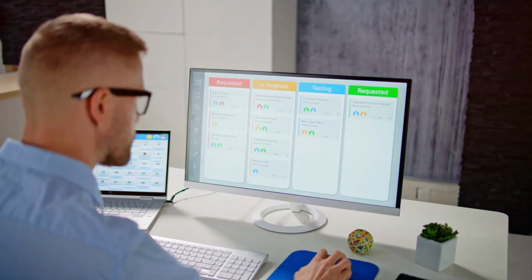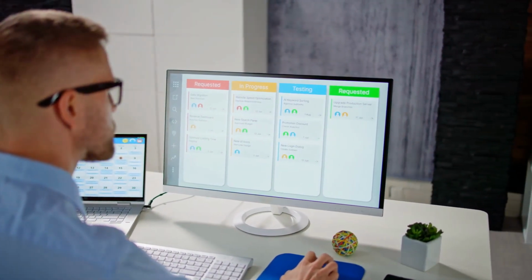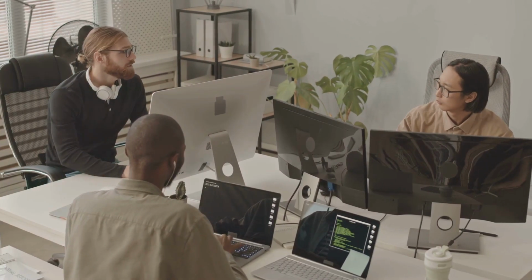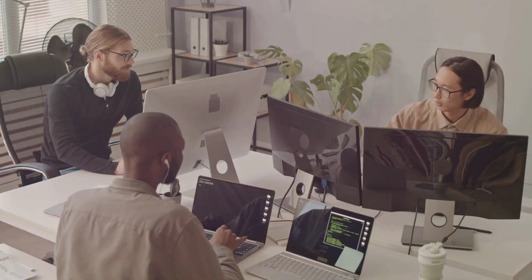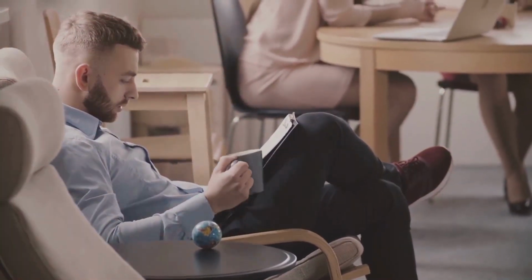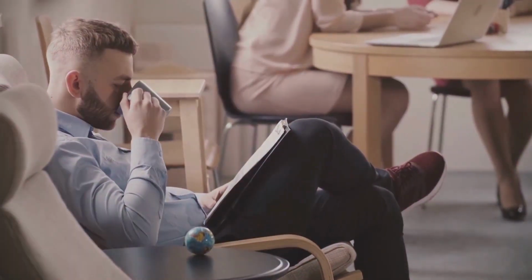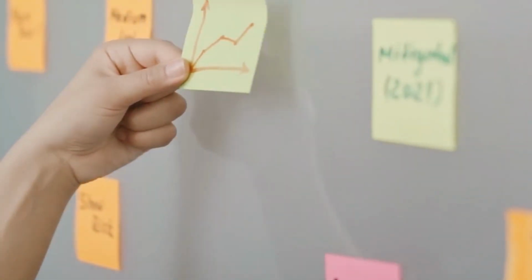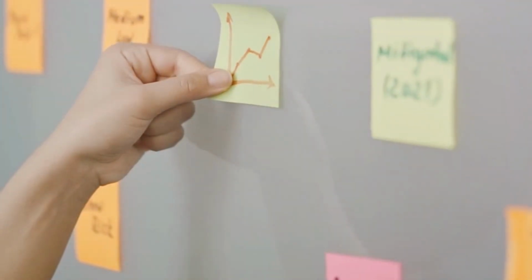It minimizes documentation and overhead, allowing teams to focus on delivering value quickly. One of the key practices in Crystal Clear is the use of a shared workspace. This encourages close collaboration and facilitates informal communication among team members. Crystal Clear also promotes the use of visual aids, such as whiteboards and Kanban boards, to enhance transparency and track